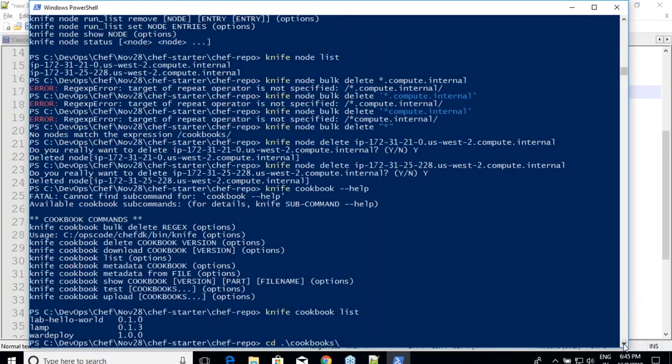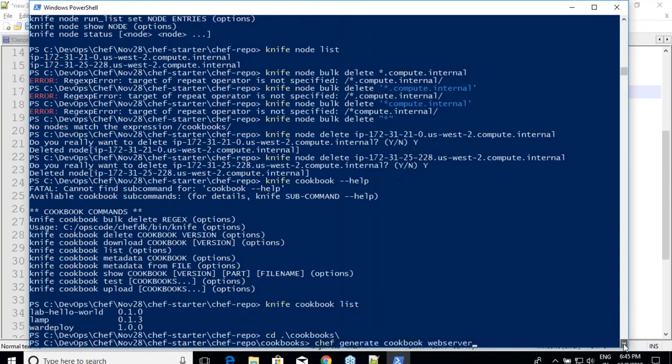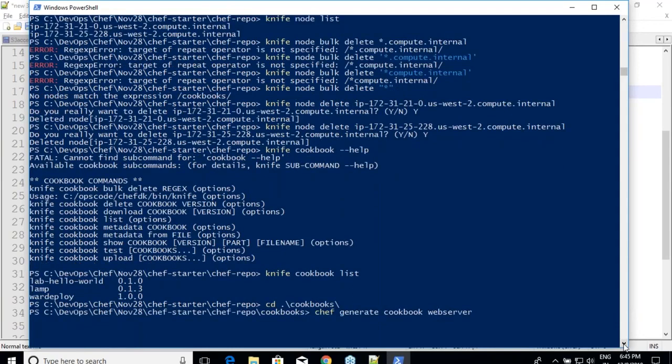Good. And after that, I'll create one more cookbook called DB server. It might not have too much content, but we will get to add those things also, because before we add these contents, we'll go to the supermarket. But for now, my focus is demonstrating how environments and roles work, so that's why I'm not really worried.